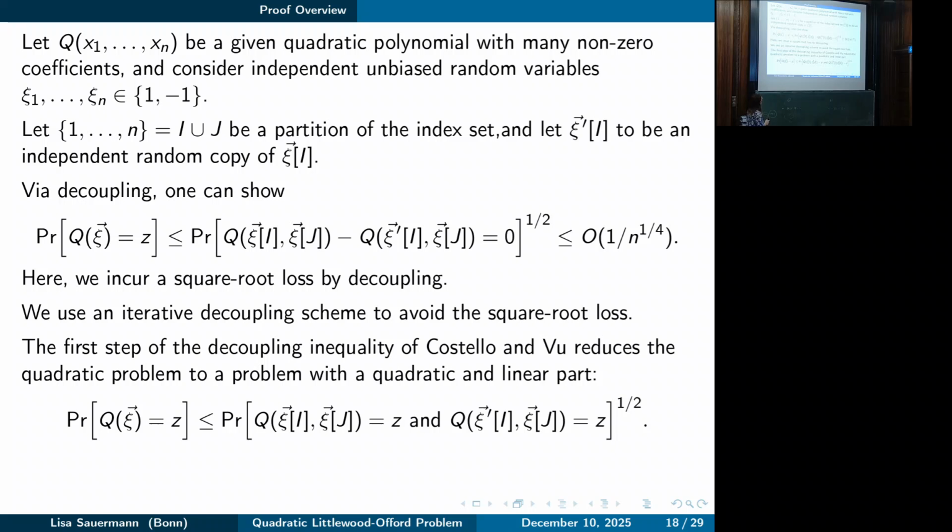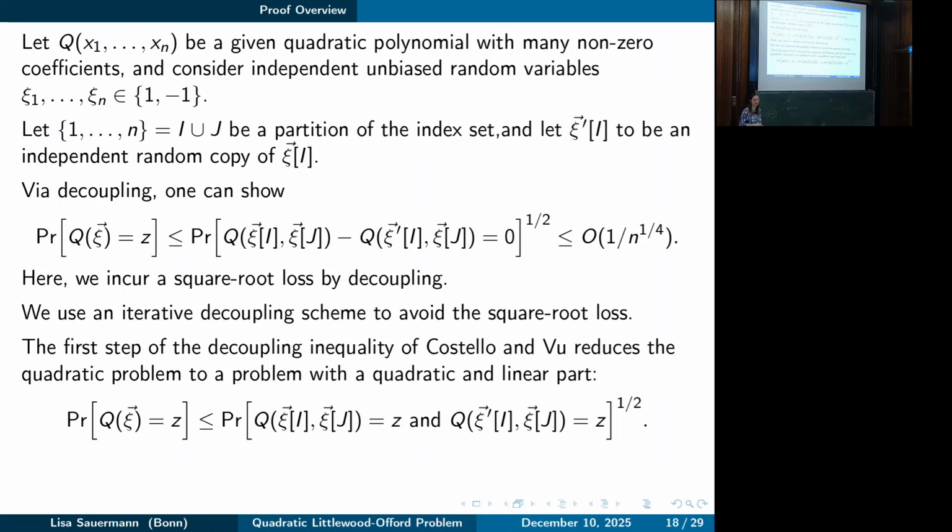So we looked at the probability, where psi prime i was an independent random copy of psi i, that this comes out to z and this comes out to z simultaneously, and we had this half here. And this half came from Cauchy-Schwarz, or the arithmetic-quadratic mean inequality,